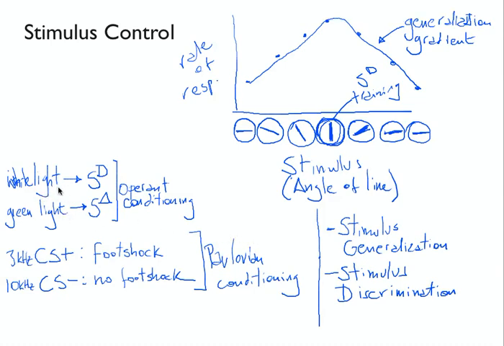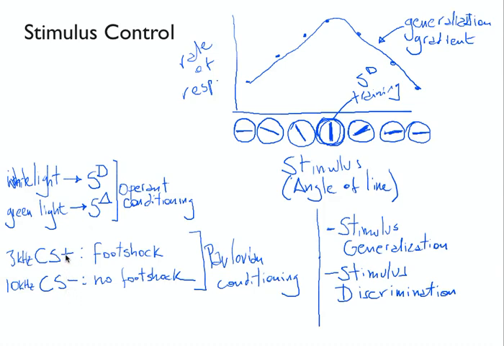Same thing here. If the animal could not distinguish between white and green, if it was blind to that distinction, then the animal should respond exactly the same to the white SD as to the green S delta. The fact that the animal discriminates between the two is what allows the animal to respond differently to the white light and to the green light. That's what we mean by discrimination between stimuli, that the animal responds differently or differentially to each of these stimuli.